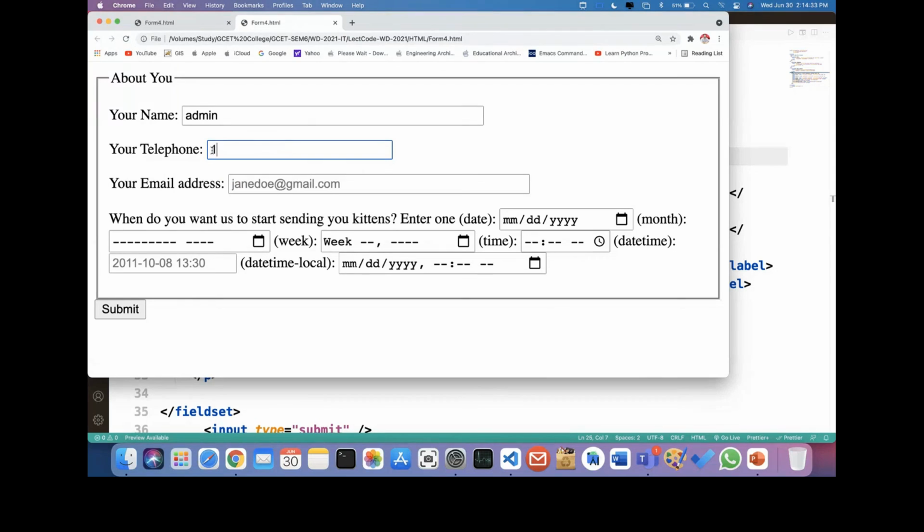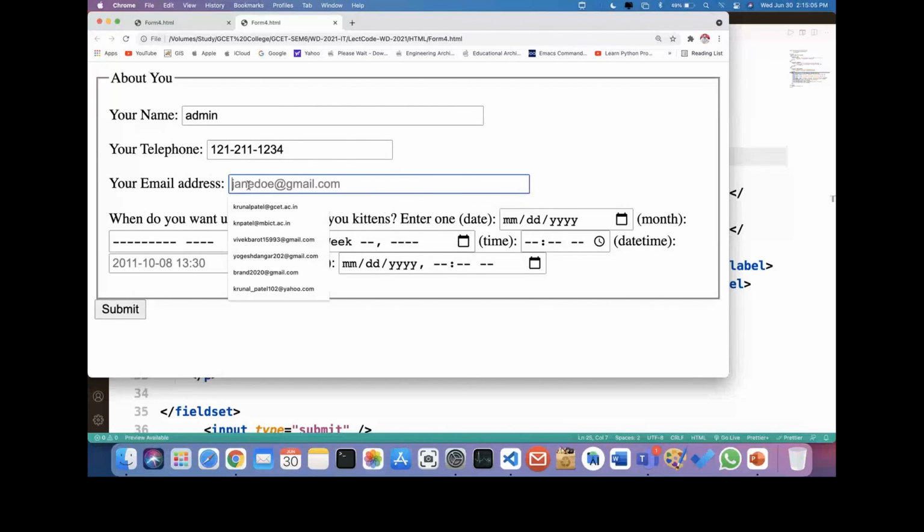So suppose I am writing 1212. Please match the requested format. You can see this, you can observe this, right? So I need to enter again, 11 and 4 digits, 1234. Okay, and then I submit. Again, that is a mistake. 123 123, so dash. Okay, so that particular format it provides.